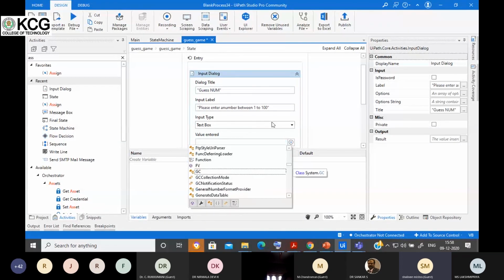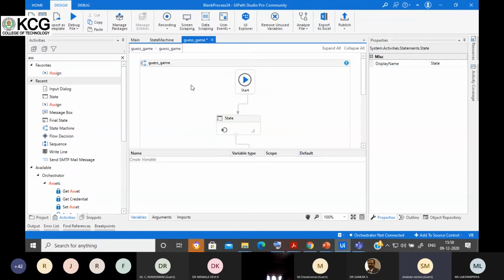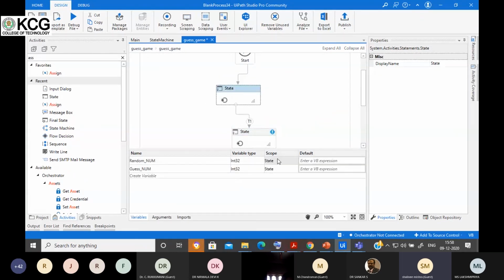If it is done, then I'll store this in the guess number. As you can see, I'm not getting the variable which I created. Why? Because I need to change the scope. Here the scope is state.